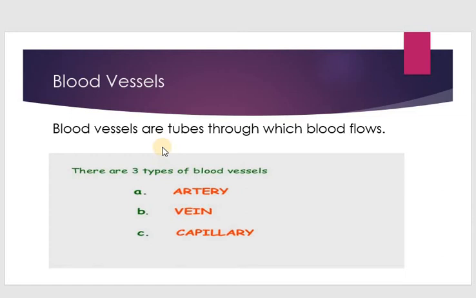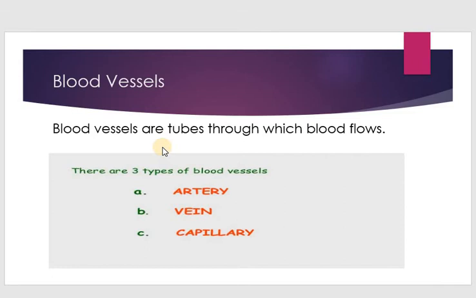Can you see blue lines running over it? These blue lines are blood vessels. Blood vessels are tubes through which blood flows. Some blood vessels carry blood away from the heart to the different parts of the body. These blood vessels are called